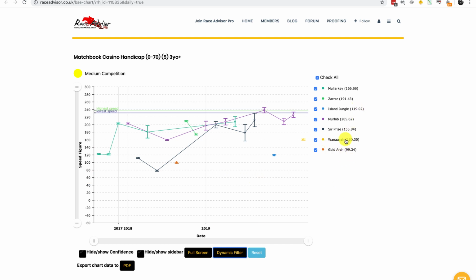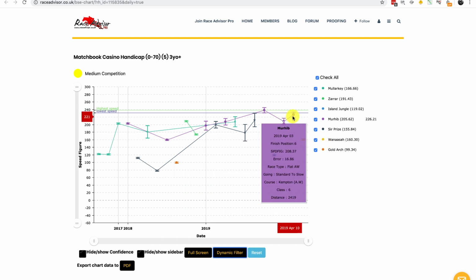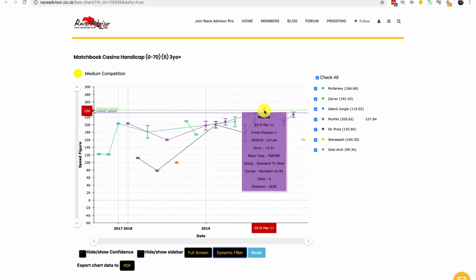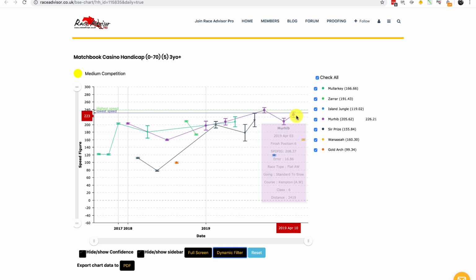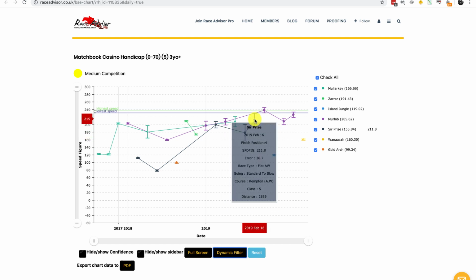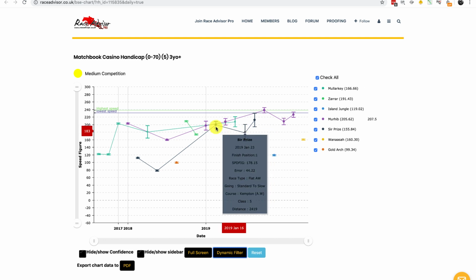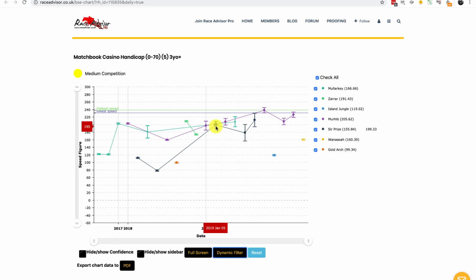Wanasa is still pretty low in the ranking, 160, so about fourth down here, fourth worst, shall we say. Merhib is still looking nice and strong, actually, outside of handicaps, possibly a bit stronger, to be honest. But Surprise has now come in, which is one of our horses, looking nice and strong, obviously in the non-handicap races